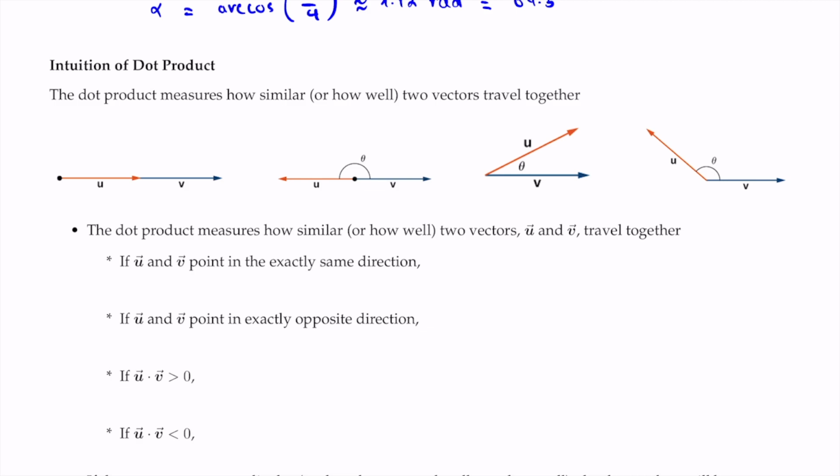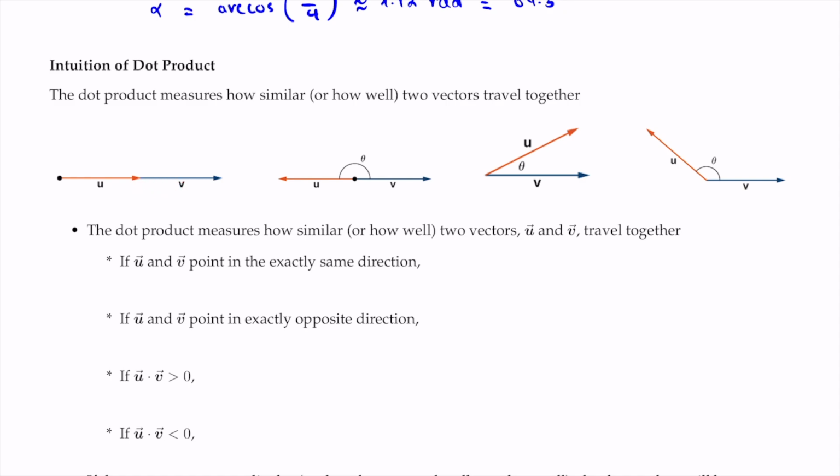Next, I want to talk about the intuitions of the dot product. So technically, the dot product measures how similar or how well two vectors travel together. I have some scenarios here. I have two vectors u and v, and in the first case, u and v are pointing in the